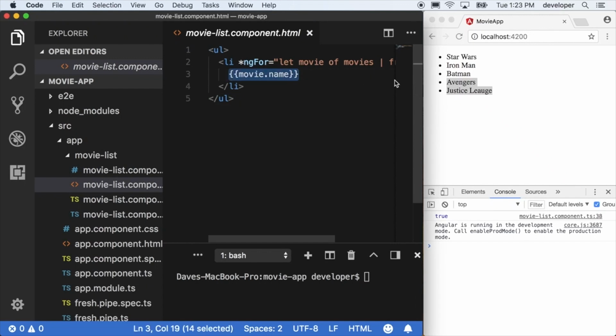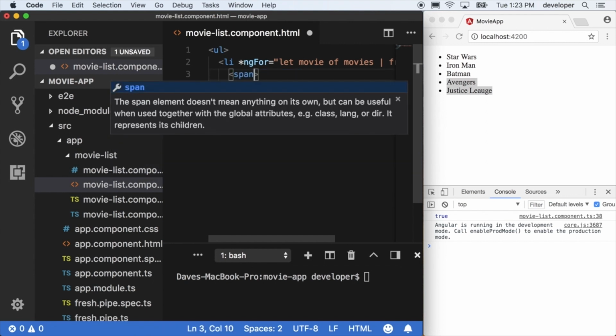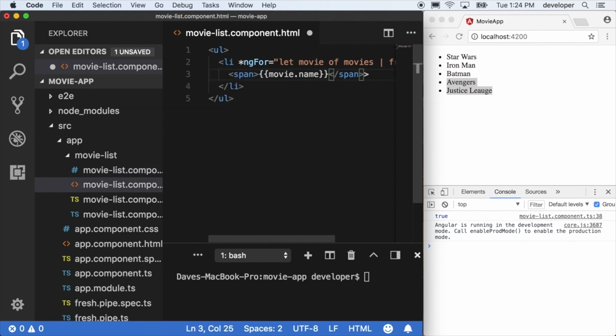We need to handle events in our application because we want the user to be able to click on a title and display an alert of some kind. To do that, we're going to use Angular's event binding syntax. So we're going to put movie name inside a span here, and then I'm going to declare the click event, and I'm going to surround that in parentheses and then make that equal to some function that we will later